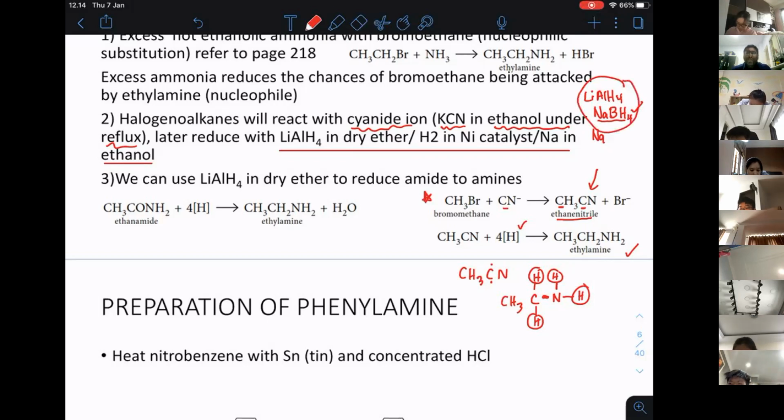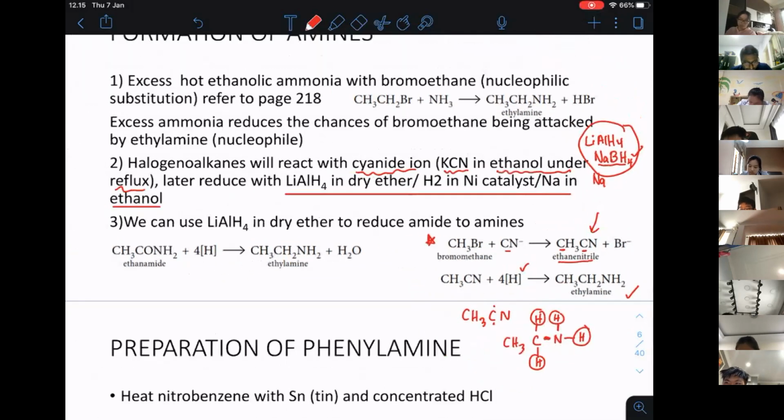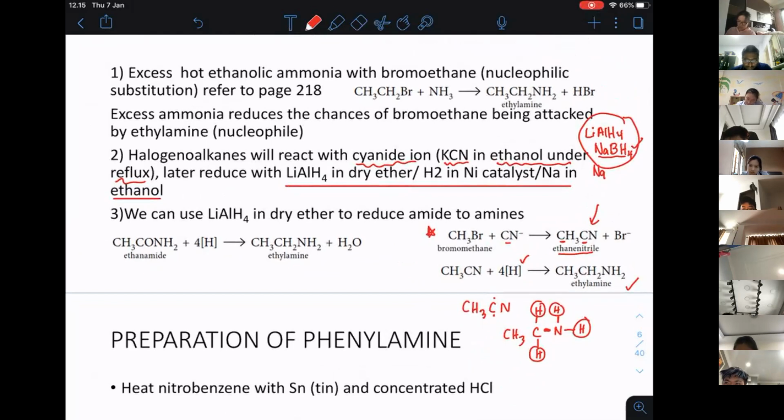You can go and find out under carbonyl compounds. Please go and read about this. These are also reducing agents, so go and find out what they can reduce. Anyway, coming back to here, nitriles, CN, can be reduced